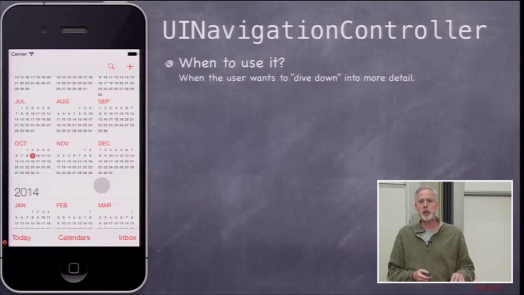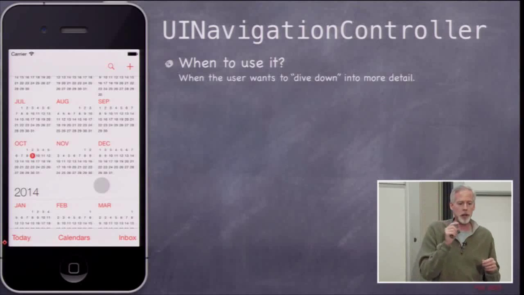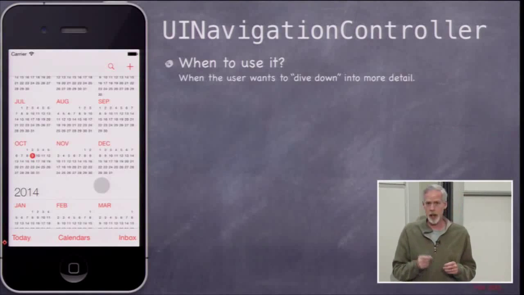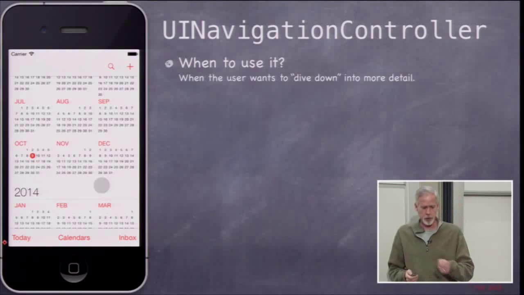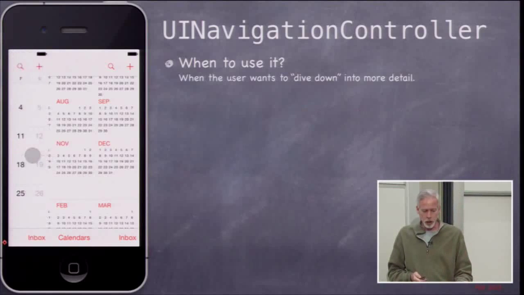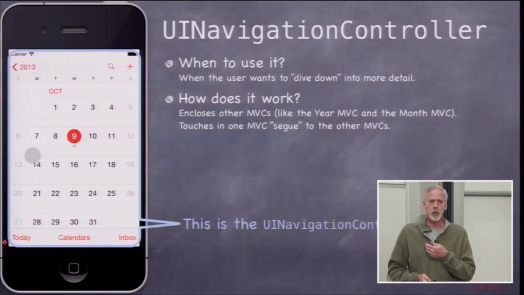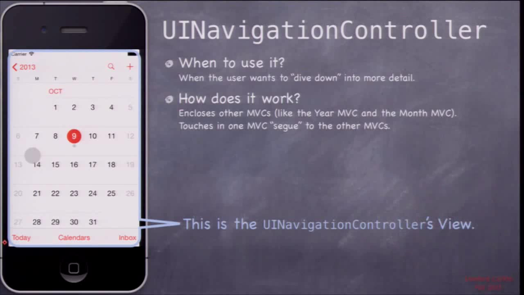And we use a UINavigationController when we have a bunch of stuff on screen and we want to show the user more detailed information. Okay? That's generally what the navigation does. Now, it's very common to want to do that, where you're showing high-level information and you want to show more detail, more detail. So in the calendar app, if you go over to the day with your finger and you touch, then a month view slides in. Okay? So all of that happened in a single MVC, which was a